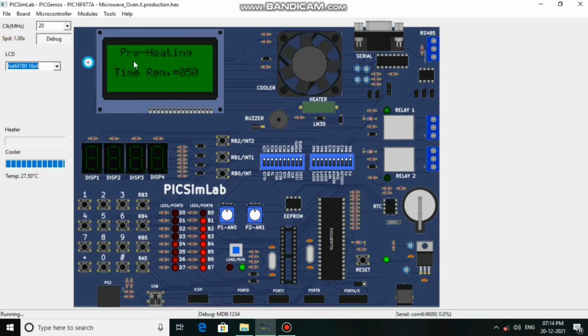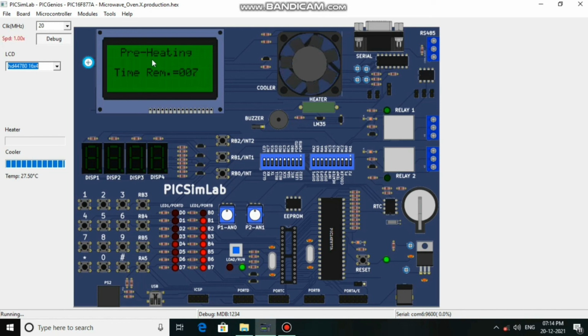Let's wait for the preheating time to end. Now the oven's preheating is going to end, the preheating for the convection mode is going to end.